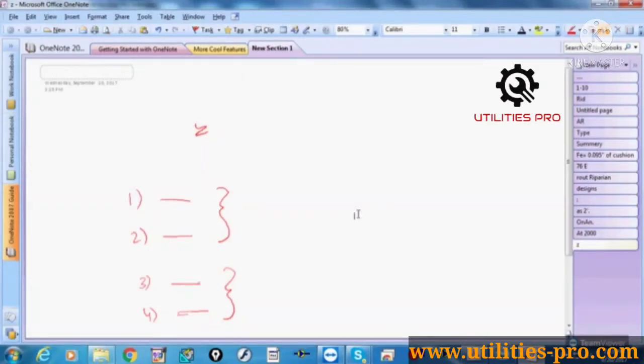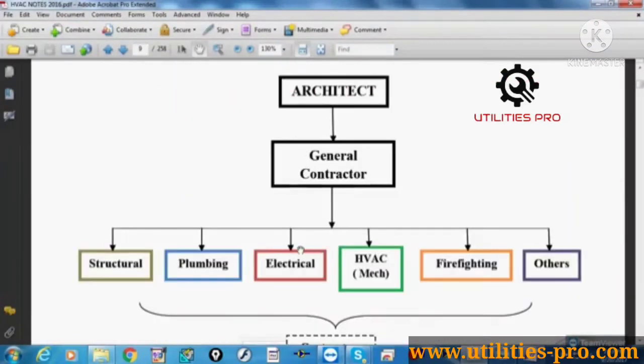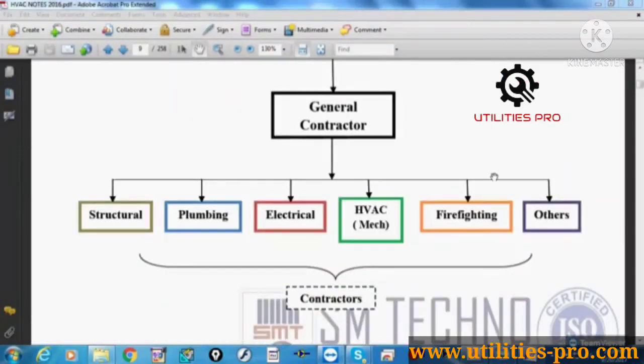So in short, shop drawing is what? A detailed drawing which is required for site execution. But what happens on site? We already discussed yesterday, we have a number of services. So after the shop drawing, the work will start on site, but definitely there will be some changes because of changes in client requirement, because of a change in one service or some other issues. So there are some changes on site, and based on the changes we'll complete the installation.